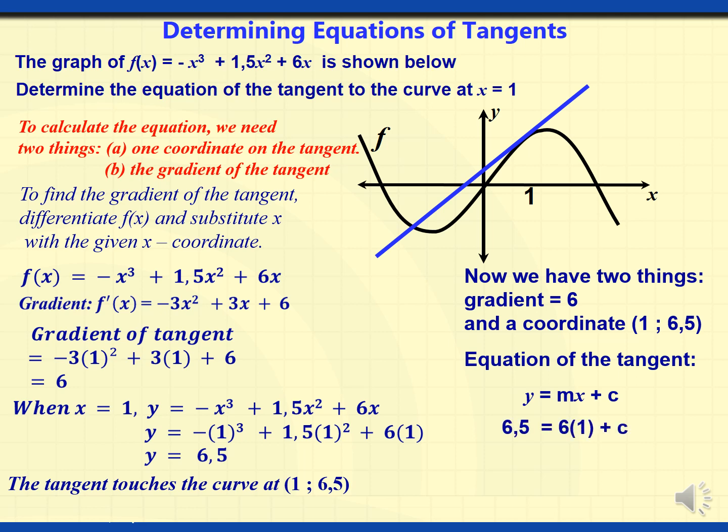So substituting those numbers in the equation helps us calculate the value of c. Once we determine the value of c, we can make a conclusion now and say, therefore, y is equal to 6x plus 0.5. That is the equation of the tangent. So once again, like any other mathematics question, if you are working with maths, concentrate on making sure that you